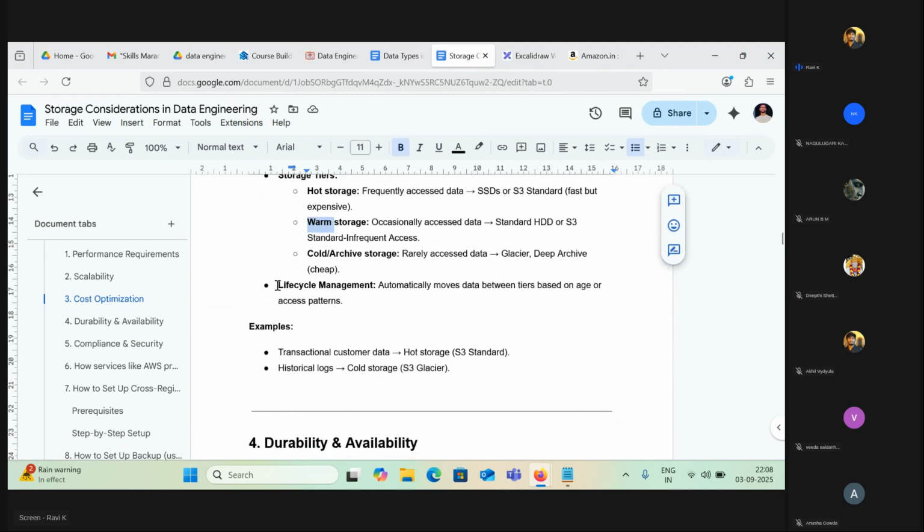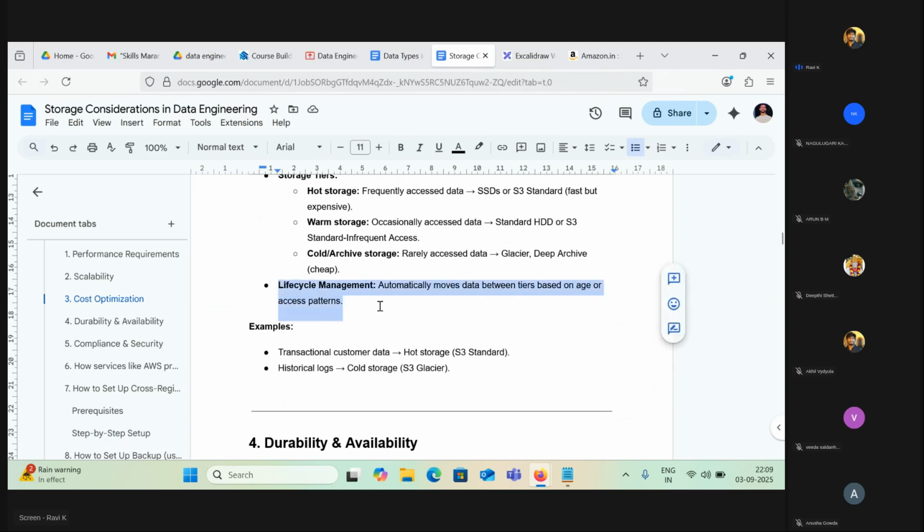And this life cycle management, right? Let's say every day I cannot go and move these transactions manually. Let's say you have 100 transactions done today, so I need only 10 transactions in hot storage. The remaining 90 I want to move into warm, and after 1 month or 2 months I want to move these 90 into cold storage. I cannot do it every time. So that's why we have life cycle management.